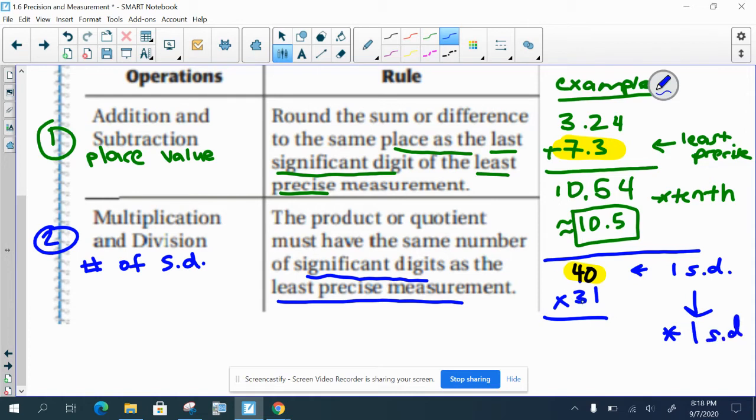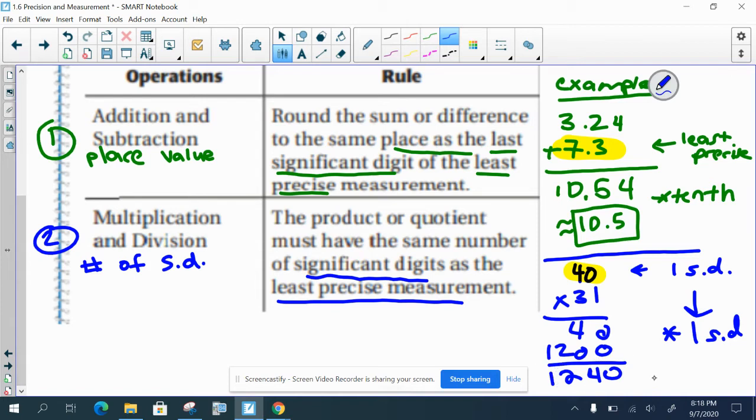Okay, so let's multiply these. This would be 0, 4. You can use a calculator if you want. So 1,240. So this problem is a little weird and you might question it